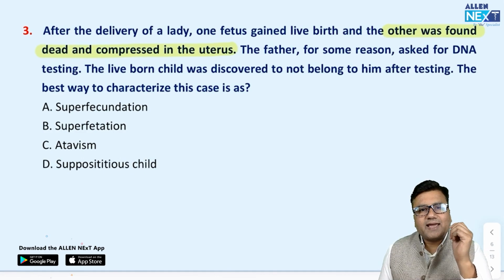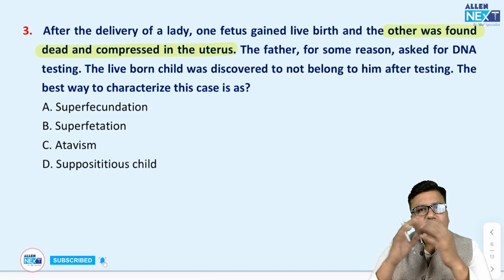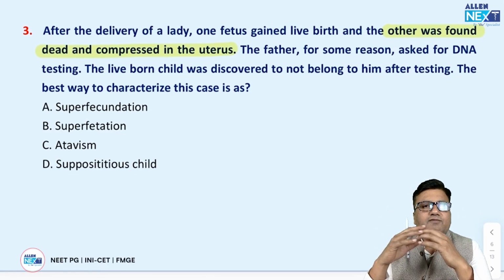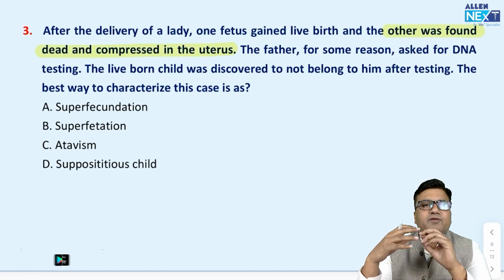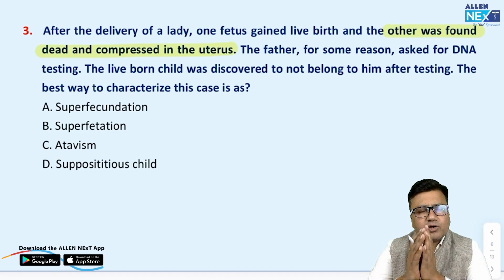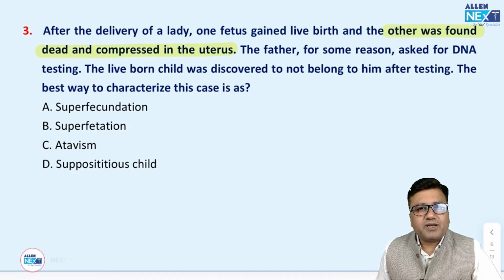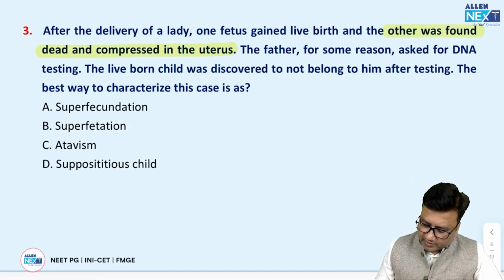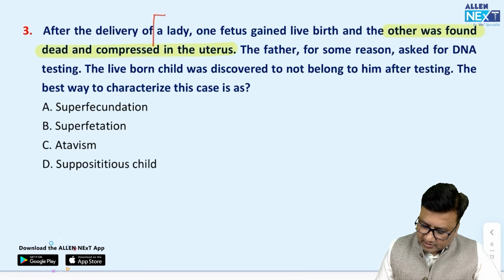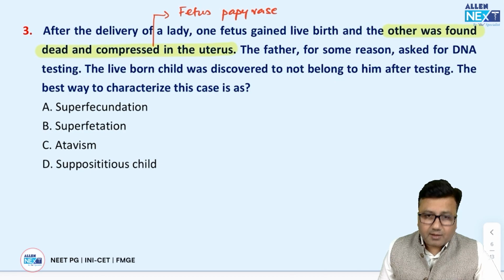The best way to characterize this case is as, okay, so basically in the whole scenario, what are we seeing? That a female has delivered one live birth, the other fetus is dead. Not only the fetus is dead, but it has a compressed body also. This condition is called as fetus papyraceus. This condition where the fetus is dead and compressed in the body is called as fetus papyraceus,